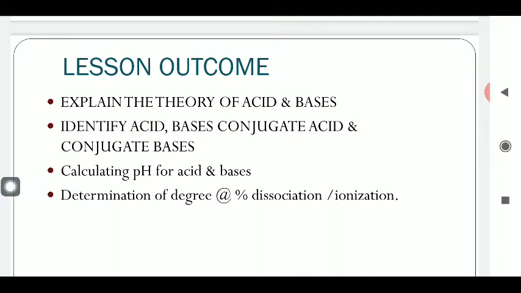So, first of all, before starting all these segments, we should know the meaning of the concept of electrolyte. What is the meaning of the term electrolyte? An electrolyte means all types of chemicals or substances through which you can pass current. Or you can say, whenever current is passed through any substance, the substance dissociates to form the corresponding components. These components may be free radicals, and these components may be cations as well as anions.